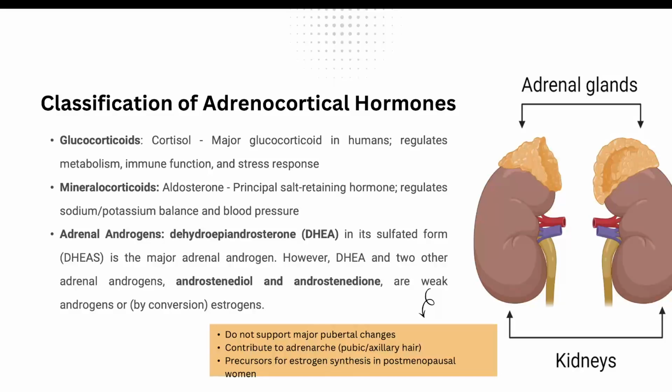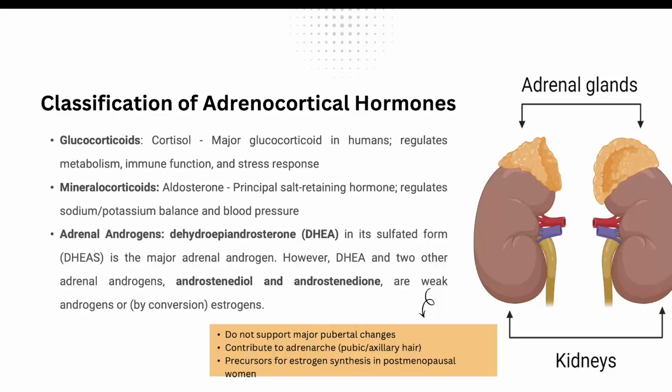And you all know that in postmenopause, when estradiol decreases and estrone increases, such a woman will be exposed to a number of complications, like hot flushes, osteoporosis, and an increased risk of cardiovascular disease. So it is very important to maintain the adrenocorticosteroids at a normal level in order to keep the potent estrogen level normal.